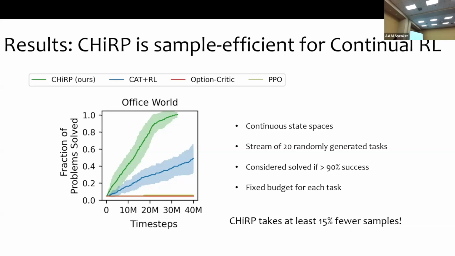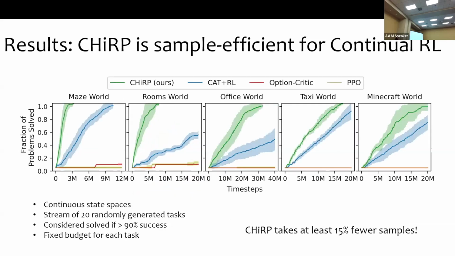We compared our approach with a variety of baselines: approaches that learn state abstractions, approaches that focus on inventing options, and deep RL methods that learn some inherent latent form of abstractions. And so CHiRP, as you can see, performed significantly well. I'd also like to point out that these domains are long horizon, sparse reward, and complex. Here are some of the results for all the other domains that we tried.